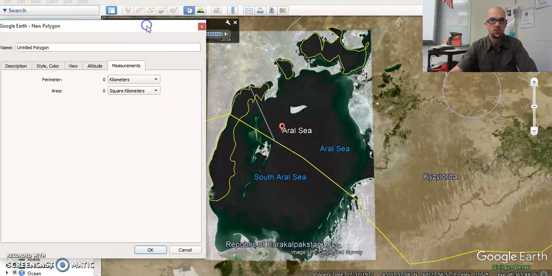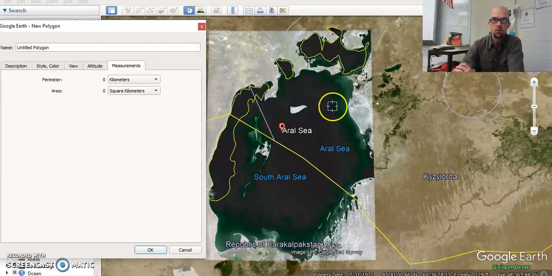And I'll show you how to use this tool. As soon as you open up the Polygon tool, you'll notice that your cursor changes to a little reticle, this sort of box, almost like you're aiming for something. And so we want to try to estimate the area of the sea. If I pick an edge of the sea and I click, and I just click along the edge of the sea,